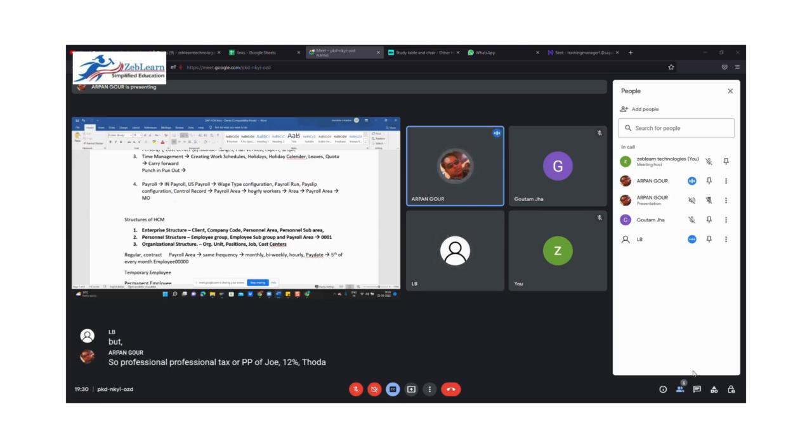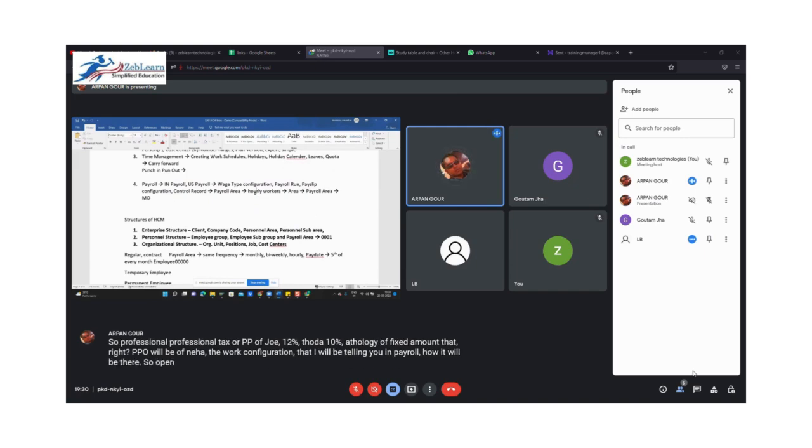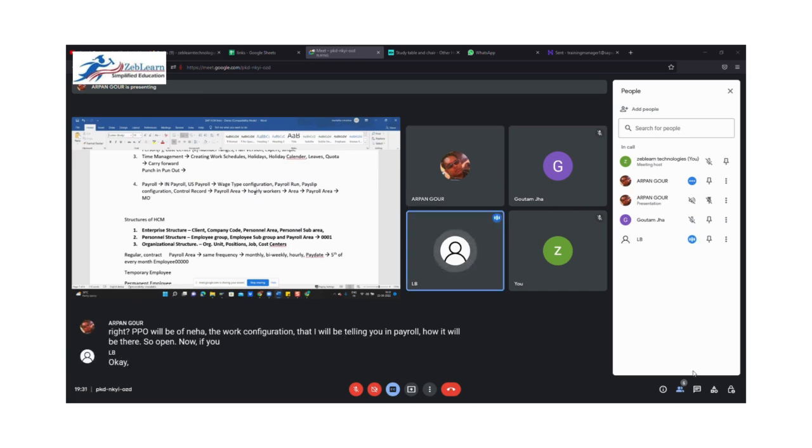अच्छा तो सर, प्रोफेशनल टैक्स और पीपीएफ जो है, 12% थोड़ी जगह 10% रहता है, थोड़ी जगह फिक्स्ड अमाउंट कटता है, राइट? हाँ, पीएफ में हाँ। तो वो ठीक है, कॉन्फ़िगरेशन हम लोग करेंगे, दैट आई विल बी टेलिंग यू इन पेरोल हाउ इट विल बी डन, सो वो अपने आप कट कटा के आपको पेस्लिप में दिखाई देता है। ओके।